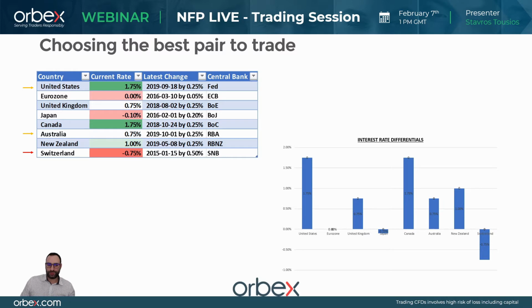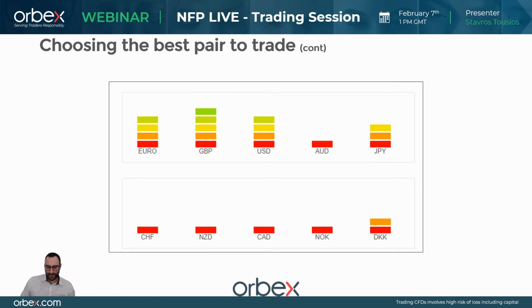Now, the other thing we need to do is check what's happening on the intraday basis. Although we check the leading indicators, which is pretty much US equities, the US yields, and also the US oil, we really need to look at the strength meter, okay? The currency meter shows us that the Aussie is very weak. The pound is actually stronger than any other currency at this moment. And this is another way to determine whether it is a good selection to have, for example, to buy dollar yen or to buy GBP USD in case the NFP comes out worse than expected.